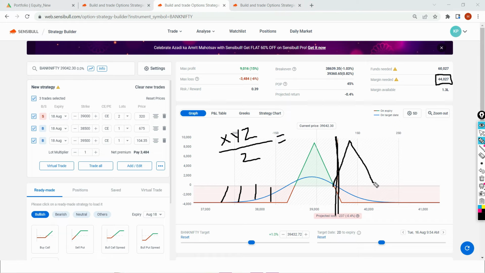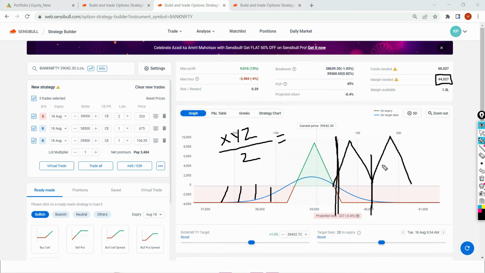So you should not be selecting the strike in such a way that your call side starts showing the loss. Maybe it is difficult for you guys to understand, but stay with me. I'll make all the videos. Let's say your market stands again here. At max, you can go for one more butterfly. That's it, friends, one more butterfly. When the market stands here and you deploy one more butterfly, it has its own loss. That loss will add up on your call side and put side. So you have to play very smart in terms of